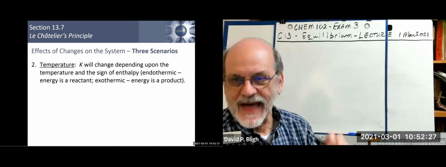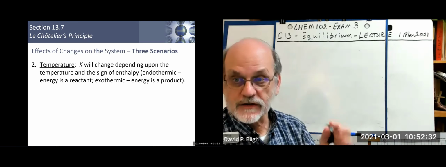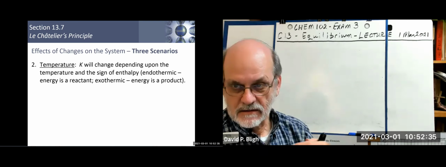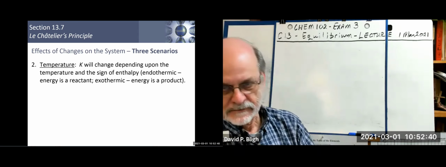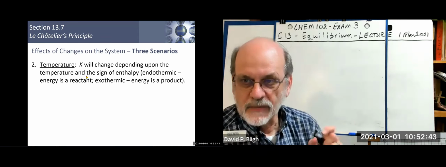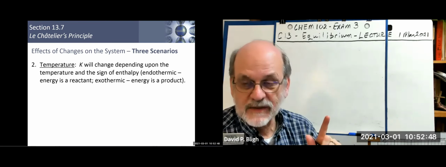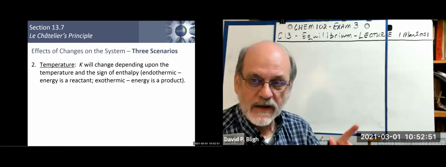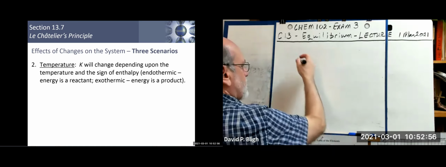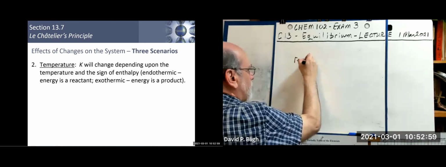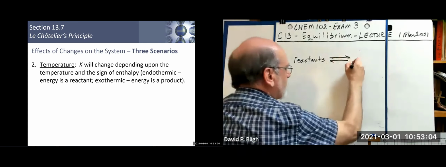And that change in the rate constants also causes a shift in the equilibrium, which has an impact also on that K value. So the K will change, but it depends. If you're going to change the temperature, it depends on whether the reaction is endothermic or exothermic. So let me explain. If you have reactants in equilibrium with products,